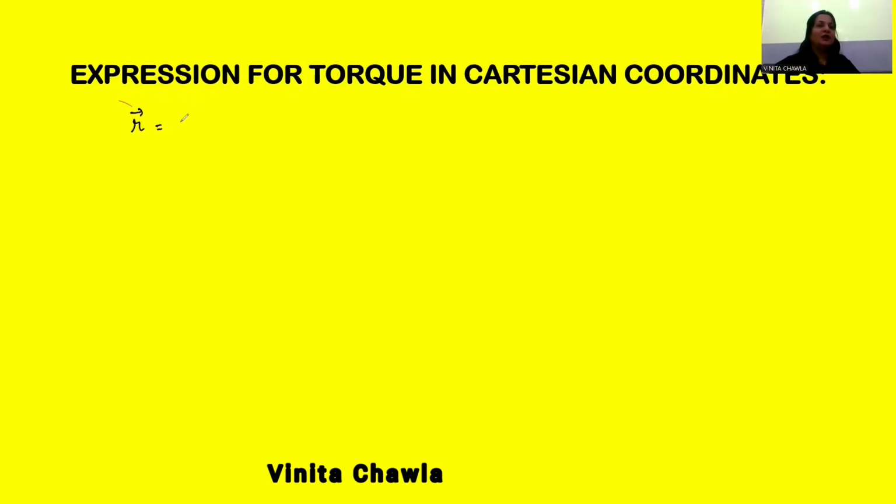We write vector r as x i cap plus y j cap plus z k cap. We can write vector F as Fx i cap plus Fy j cap plus Fz k cap. So these are the Cartesian or rectangular coordinates. Now we are going to write torque in terms of Cartesian coordinates. So for this, let's consider a